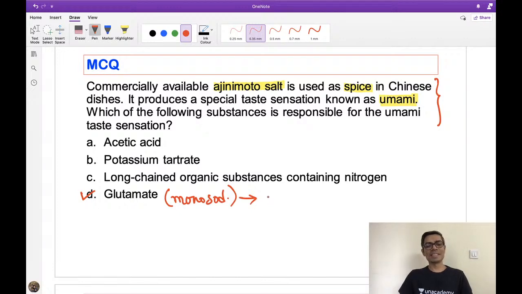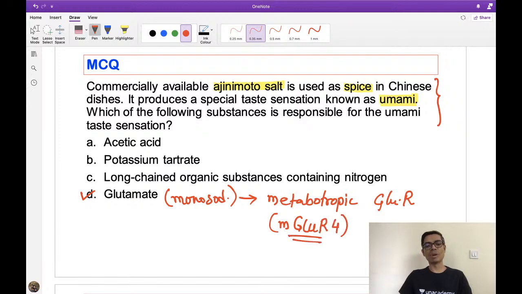So please remember, this is nothing but known as the metabotropic glutamate receptor. In short form, mGluR type 4 is the main one. mGluR type 4 is the main metabotropic glutamate receptor that is responsible for this umami taste sensation. Never forget this information for your NEET exam also, because they are going to ask you this kind of question. So according to Genom, they are mainly going to stimulate your metabotropic glutamate receptor type 4, right?